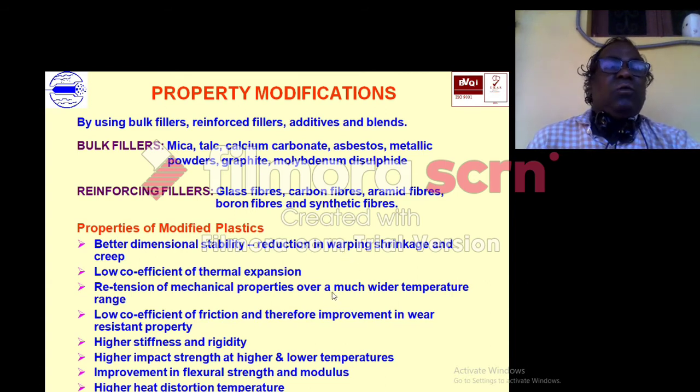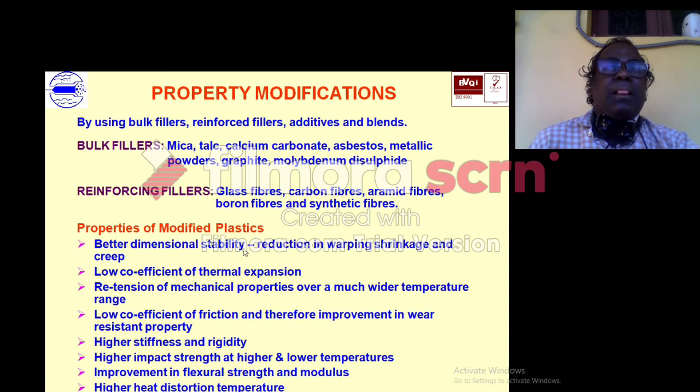So what are the main advantages of modified plastics? If you put in bulk fillers or reinforcing fillers, it becomes a modified plastic. First, better dimensional stability. If you use glass or mineral fiber, the dimensional change even at higher temperature will be very low.